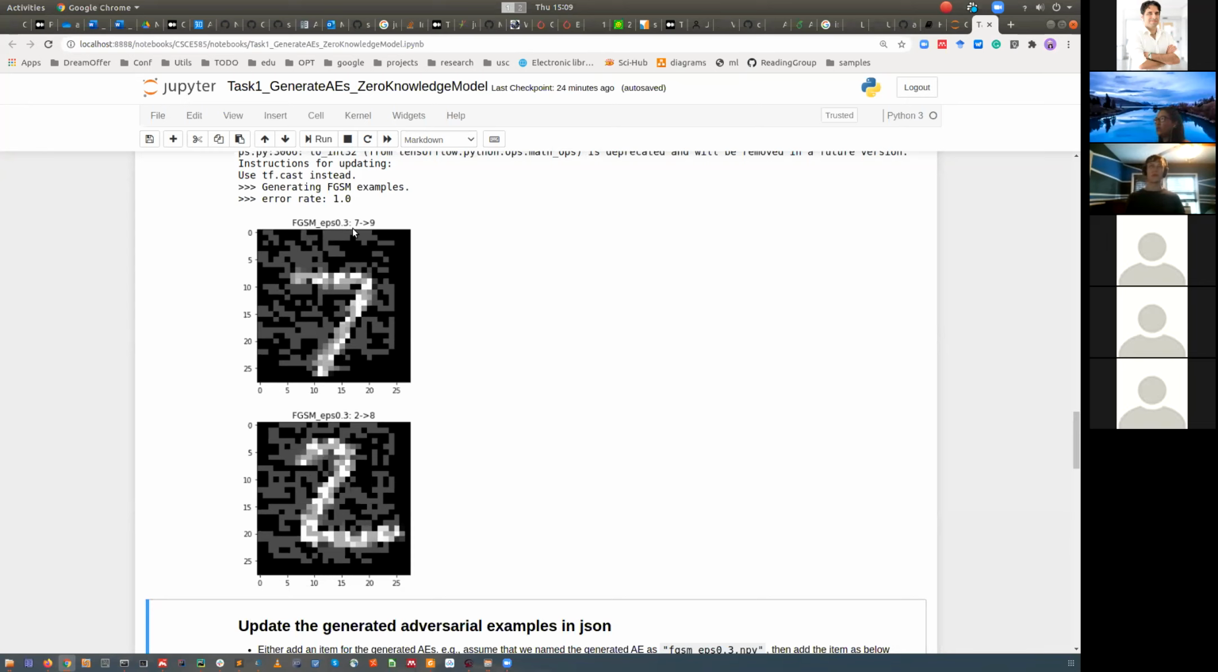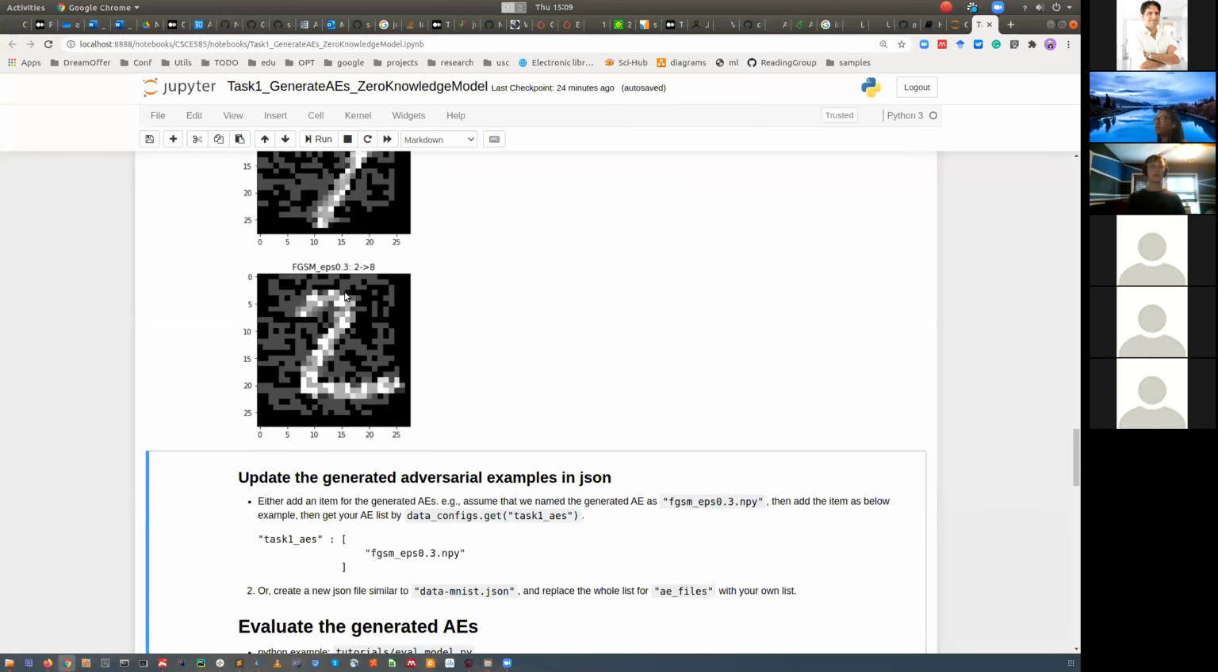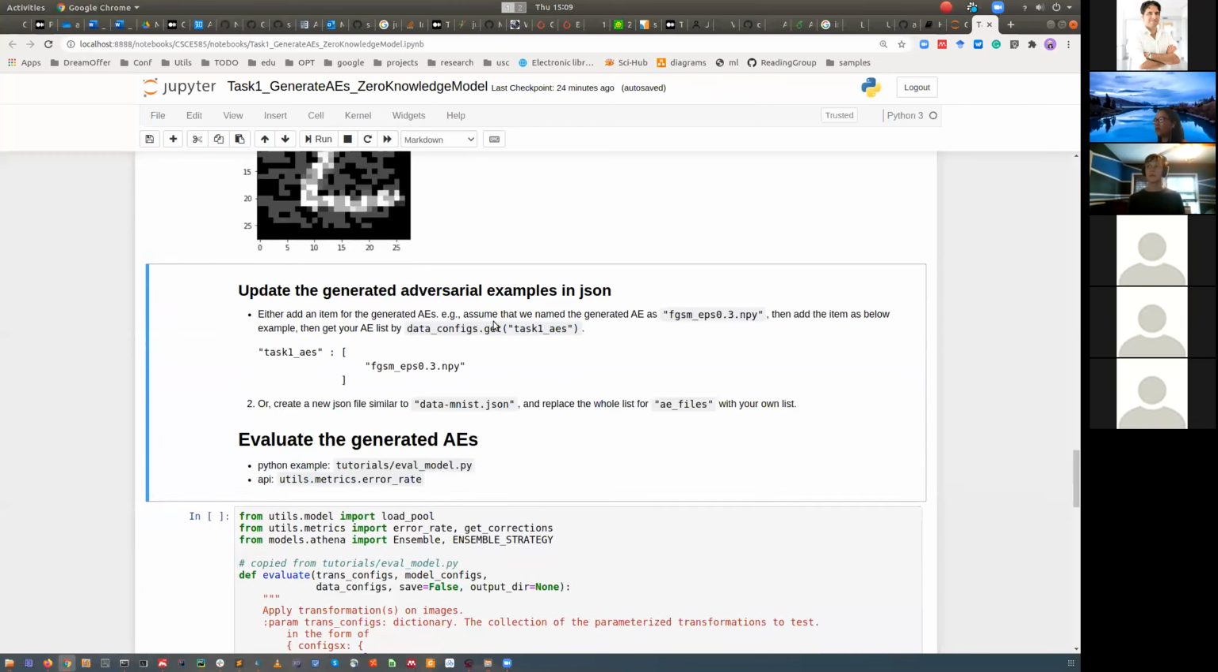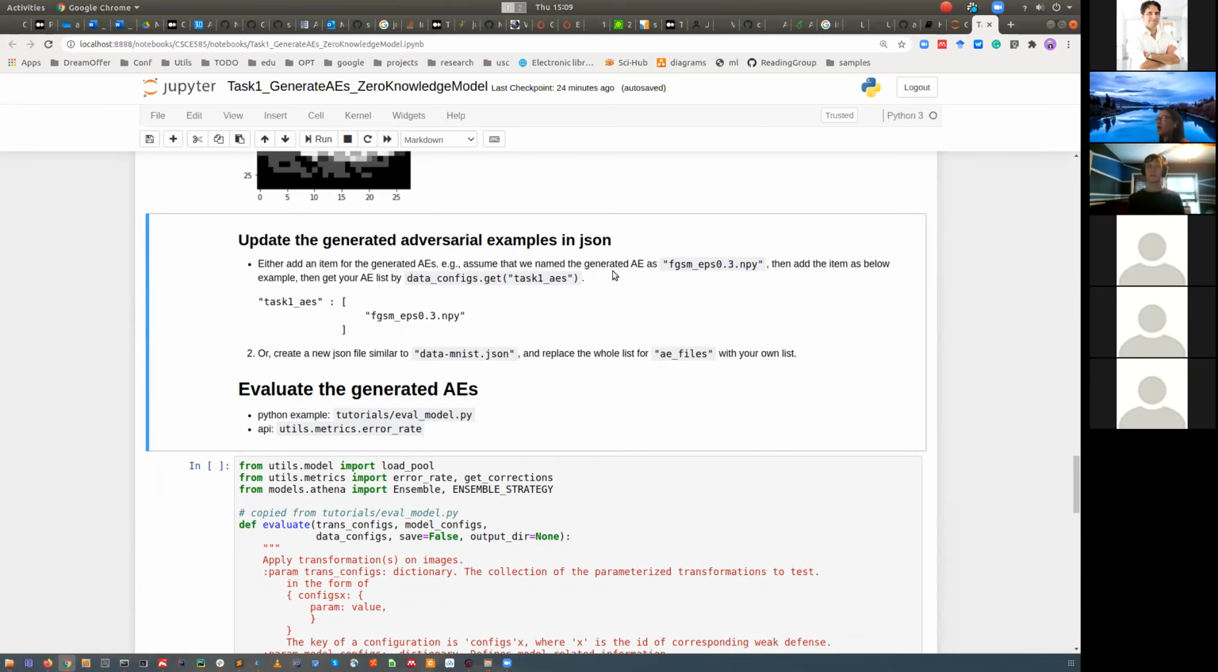Previously, the true label for this one is 7, and now the targeted model thinks this is a 9, and this one as well. It was 2, but now it thinks this is 8. Okay. After you generate the AEs and save them, for example, if we save the AEs with this name,